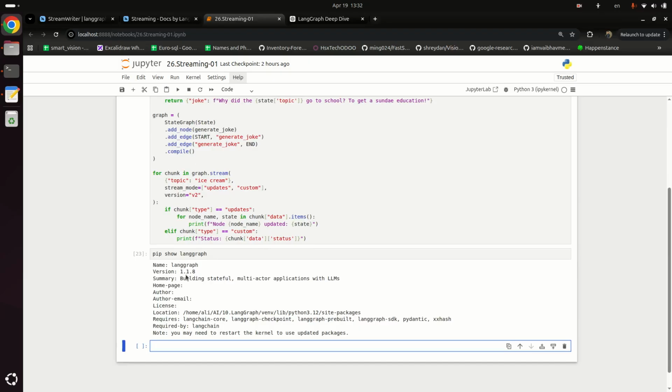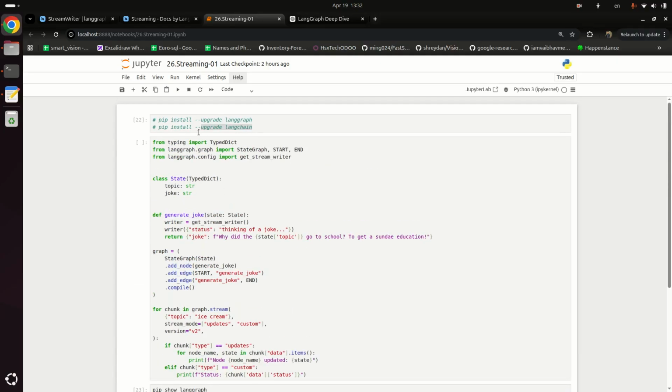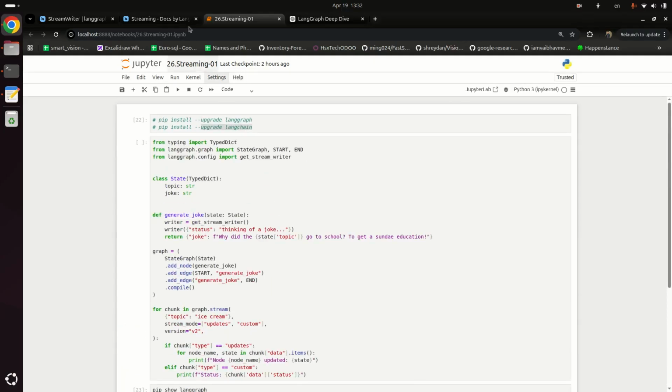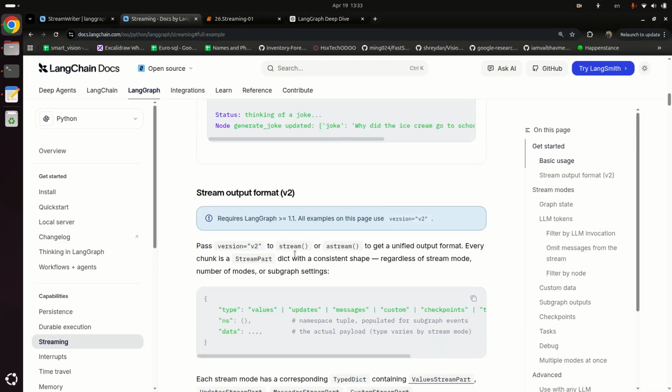If you have a LangGraph version that is below 1.1, you must run this command. If you already have LangGraph 1.1 or above, then you don't need to worry about that. It is saying required LangGraph greater than 1.1. All examples on this page use version v2.